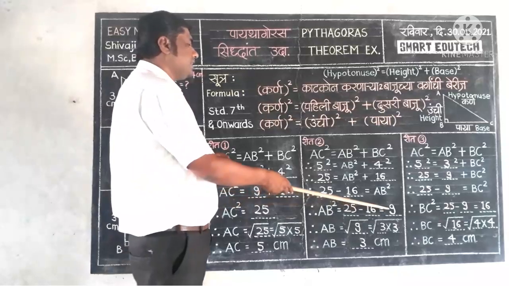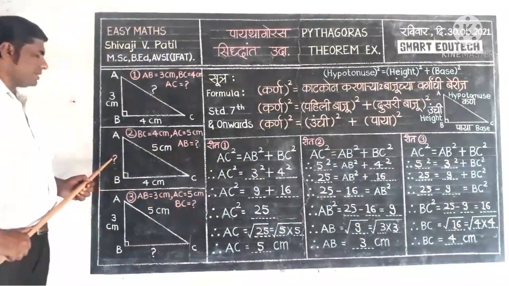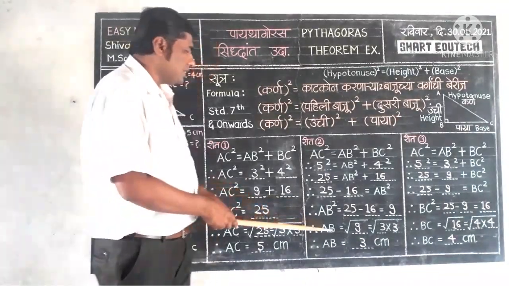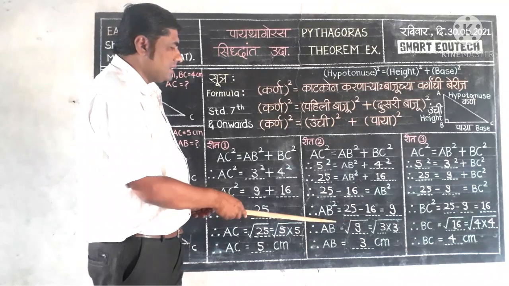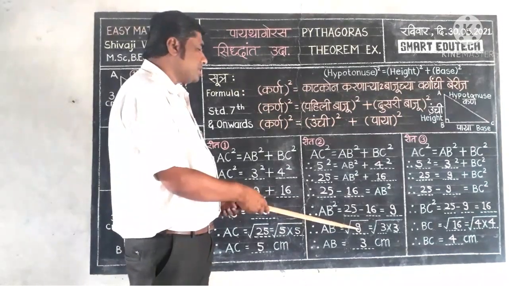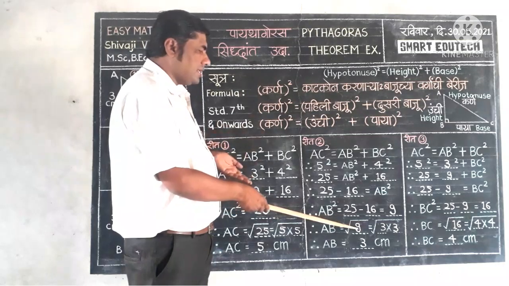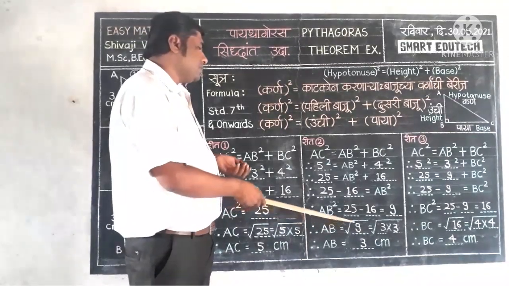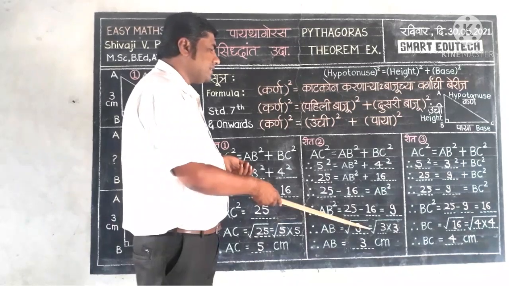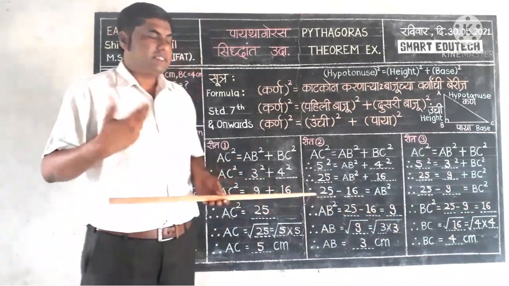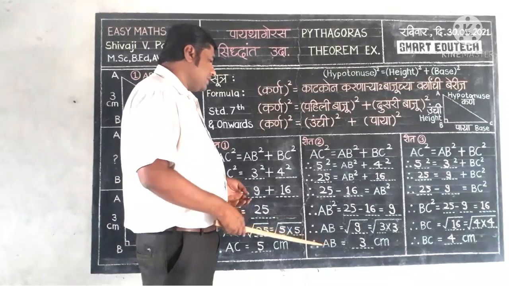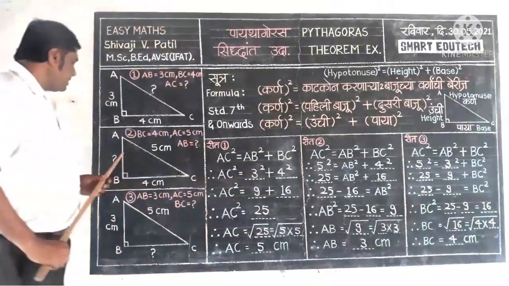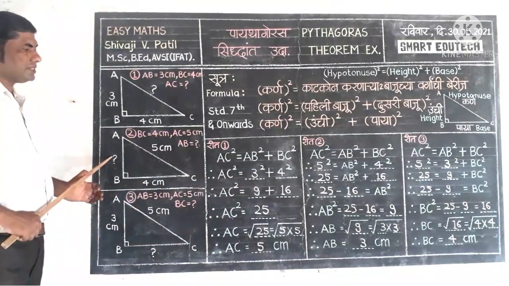Now AB square value we get 9, but we have to find AB, not AB square. Now in the next step you have to do one thing, remove this square from here. AB is equal to, and put a square root mark on the top of the 9. So here you get AB is equal to under square root 9. That means under square root 3 into 3. 3 3s are 9. Therefore AB is equal to square root of 9. We get here 3 centimeter. We get the value of AB, that is 3 centimeter.